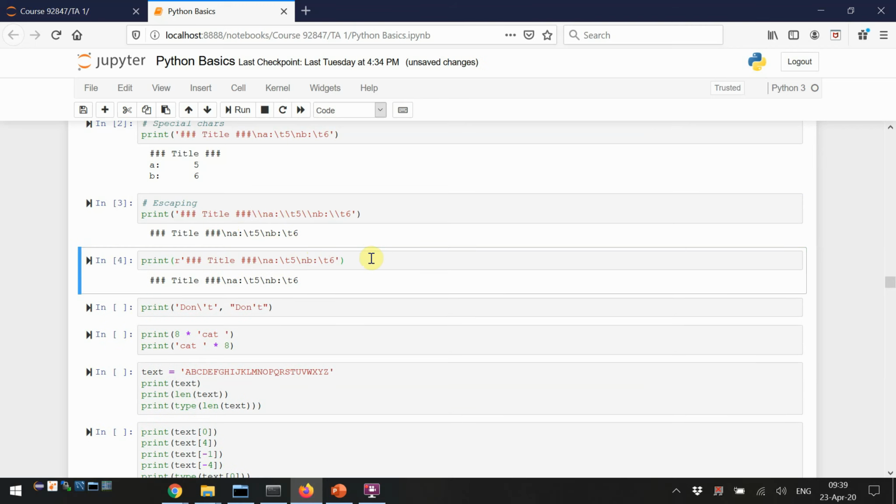Now, if you want to write a whole string, and you expect to have some backslashes and other characters that you actually want to be interpreted as they are, and you are not at all interested in all of those special characters, so you don't want new lines and tabs and stuff like that, instead of doing all of this escaping, which can be very confusing and complicated, you can instead just begin the string with an R. Now, this is very easy to overlook. It's very easy to miss that the way this string is defined is not the same as the way this string is defined